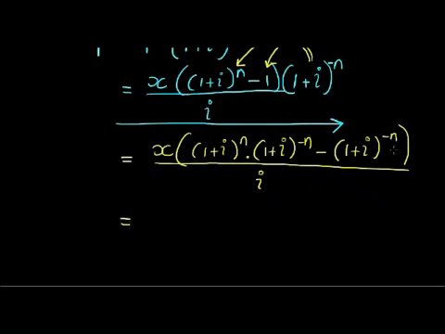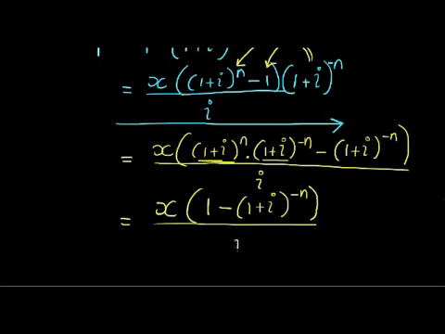So now what is happening? Look here, I've got the same base, 1 plus I, which means I can add the exponents. But if I add the exponents, n minus n gives me 0. And anything to the power of 0 is just 1. So I have just 1 minus 1 plus I to the power of negative n over I. And there we go. This is from now on called the present value of an annuity